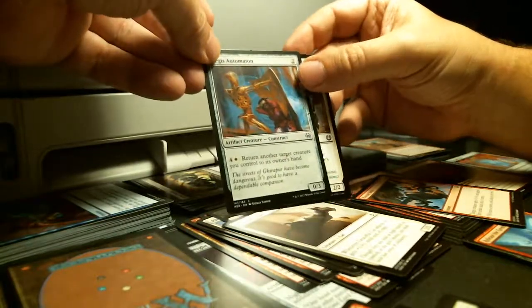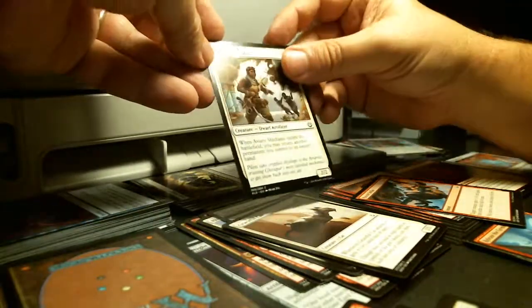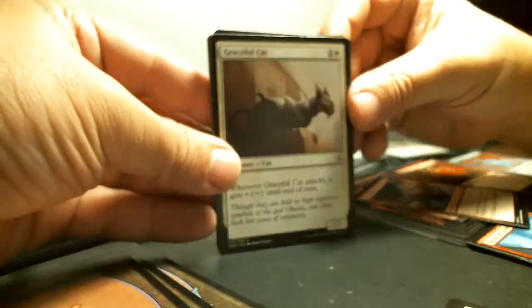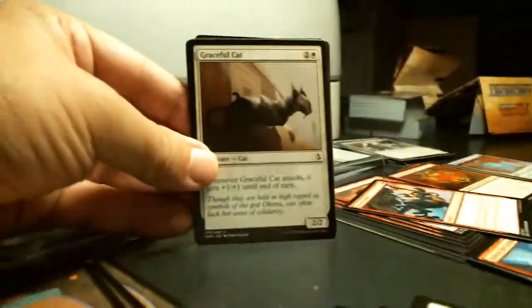Return another creature to its owner's hand. We don't have any ETBs. We're not going to keep those. So enter the battlefield is what I mean. So in here,